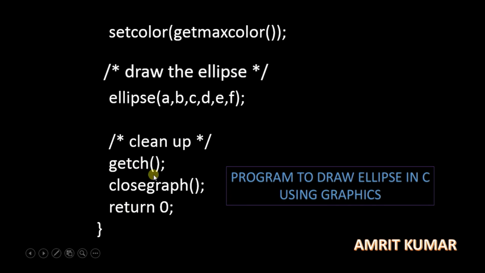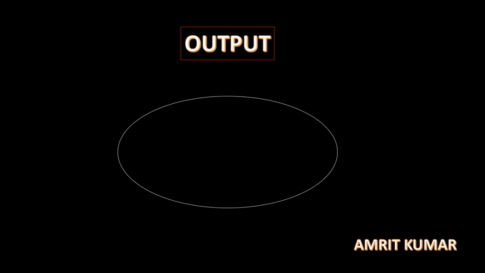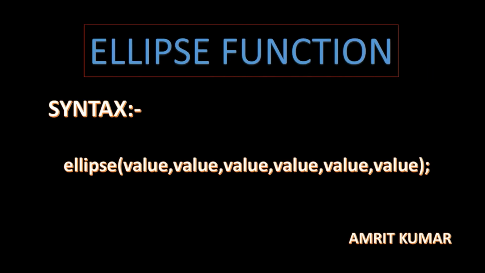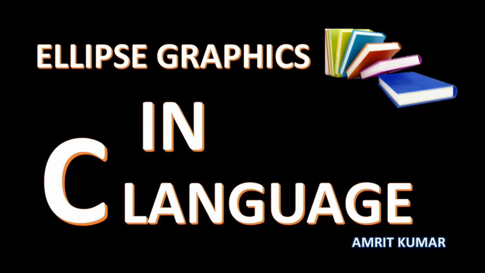After that, I am cleaning up everything with the help of the getch function and the closegraph function here. So the closegraph function helps us to close the graph, and then finally after the compilation of this whole program, it returns 0. So this is how we can draw an ellipse, and this is the output that is showing an ellipse in C language. So this was all about the program of how to draw a circle, ellipse